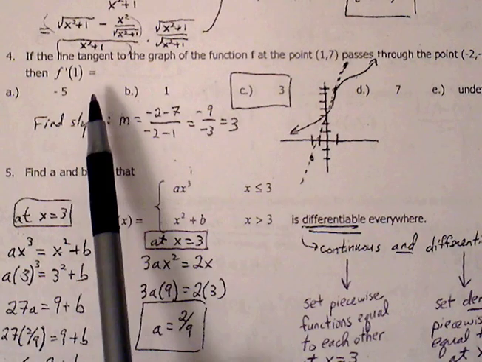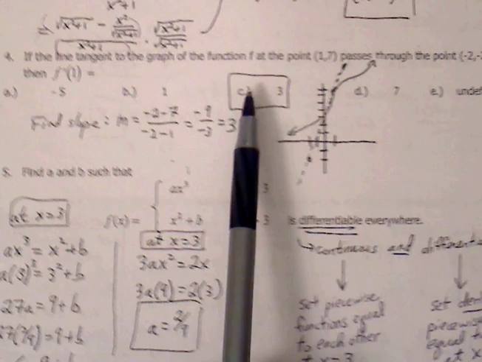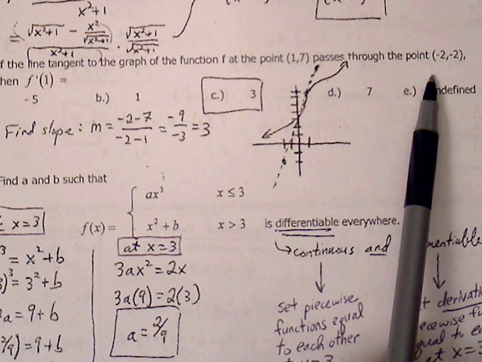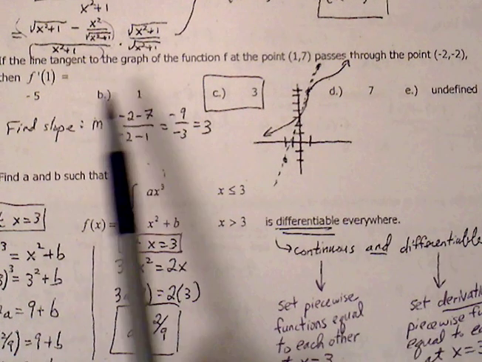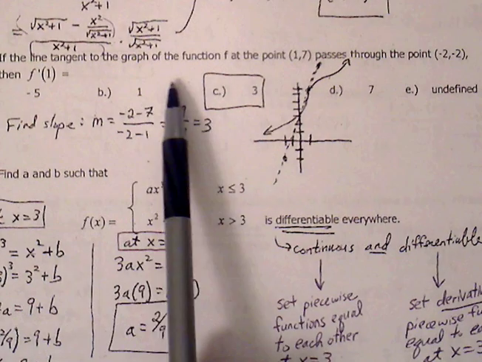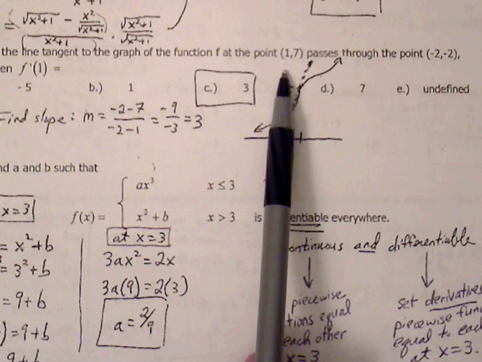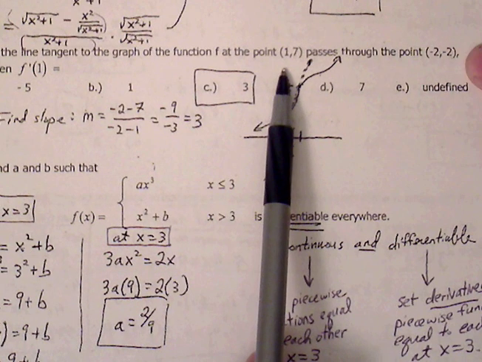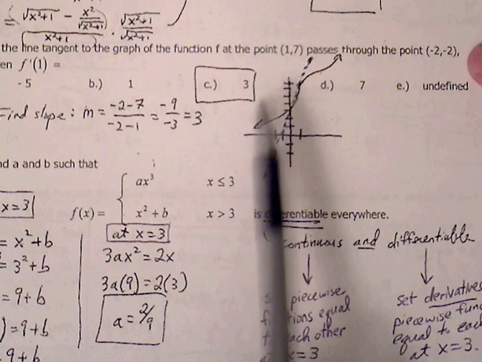Okay, number 4, if the line tangent to the graph of the function at point 1, 7 passes through the point -2, -2, then f prime of 1 is equal to. So it may help to graph this to kind of see maybe if we can sketch out a scenario for this problem. So